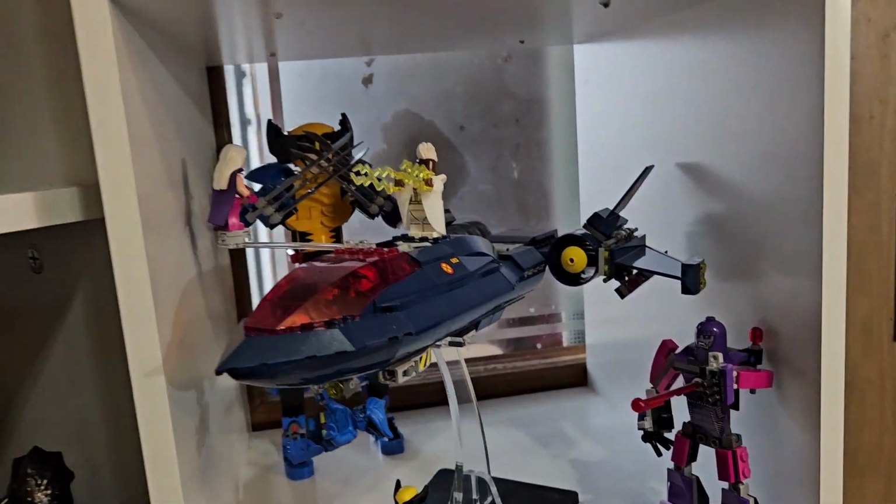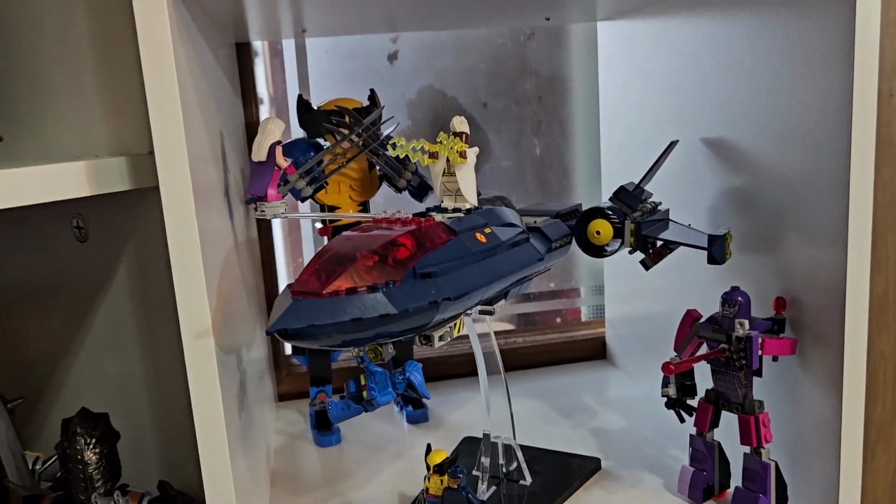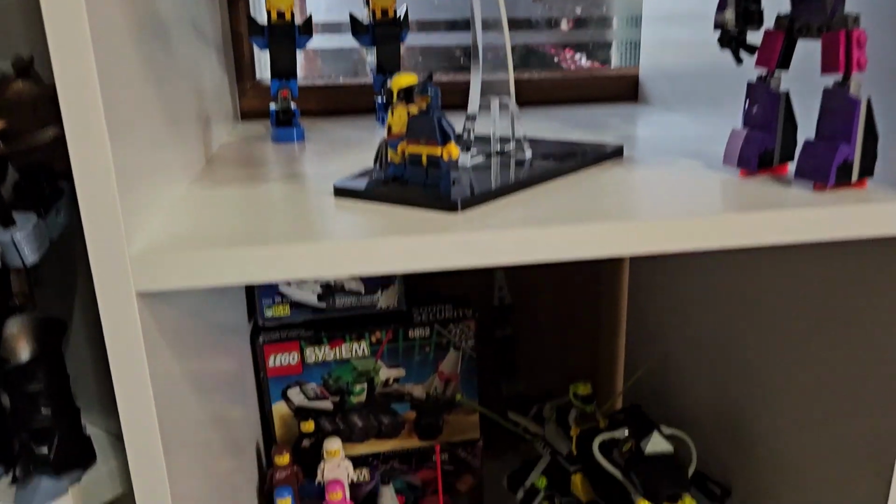I also have my only Marvel shelf. X-Men's my favorite, Wolverine's my favorite Marvel character of all time, so I've got his buildable figure, which is a little bit derpy looking, and then the X-Jet there. This here